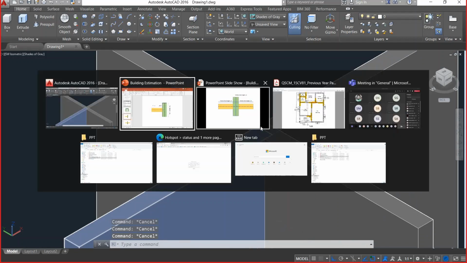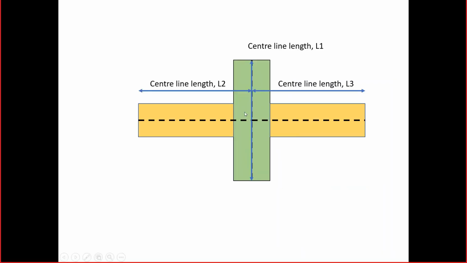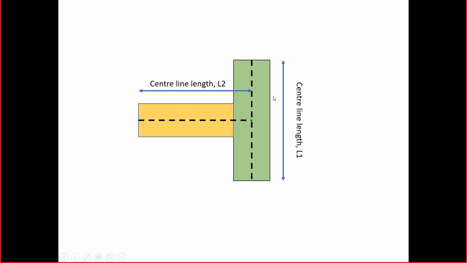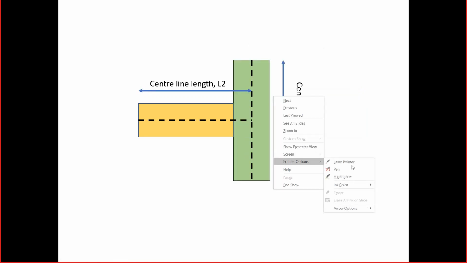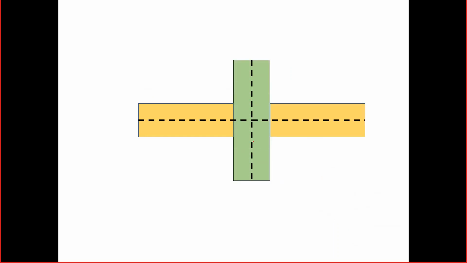So here again we need to do the deductions. Here again we need to do the deduction for plus junctions. So I hope you understand what a T junction is and what a plus junction is. Whenever I am able to write the T junction something like this, it is called a T junction. And whenever I am able to write the plus junction, this is forming a plus junction, then I need to do the deductions, right?